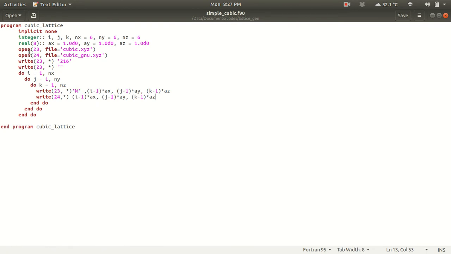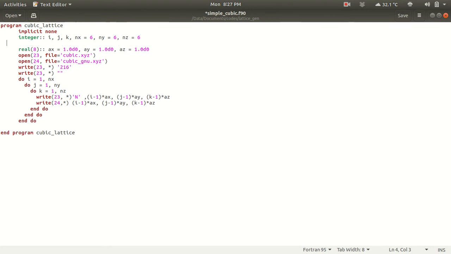So now let's explain each and every line. The first line is for visualization in JMOL, and this line is for the file I have opened to visualize in GNU plot. For the first format, the JMOL format, I am writing 216, which is the number of particles, or you can define it as capital N. Let's define it like this: integer, comma, parameter, so that you can understand clearly.